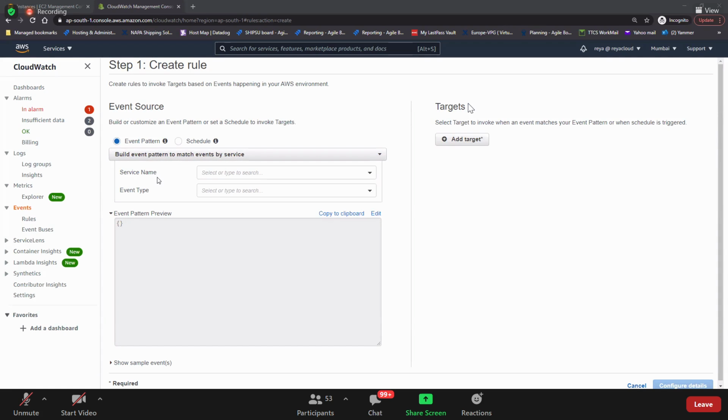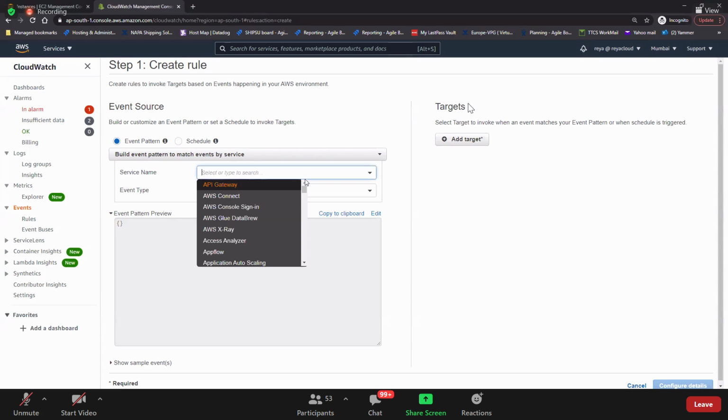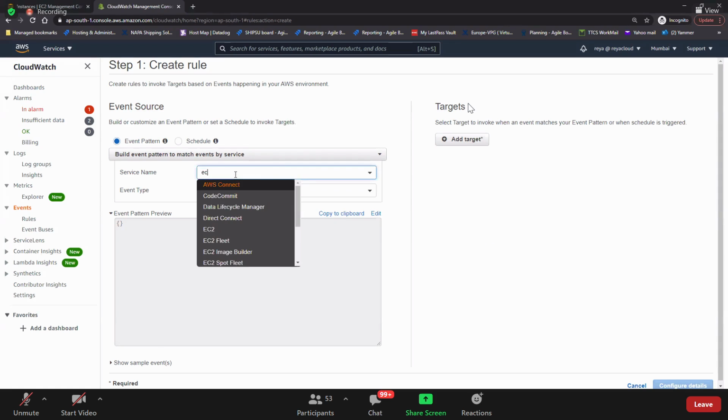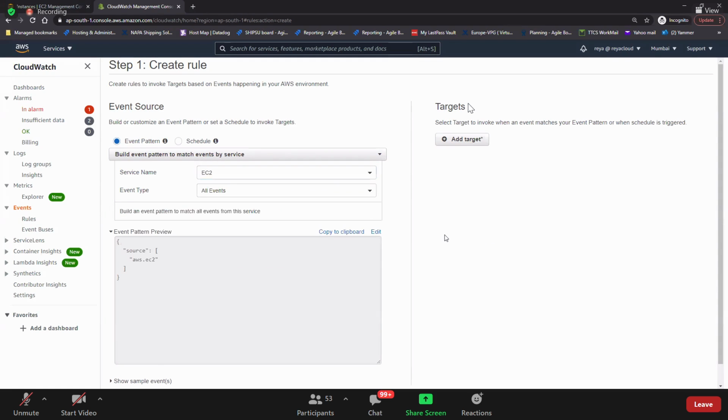And here, service name. As I told you, CloudWatch is not only for EC2, it is for all your AWS services. Whichever service you are interested in, you need to select that. As we have talked about EC2 a lot, let's select EC2. If you want everything happening in EC2, you can select all events.